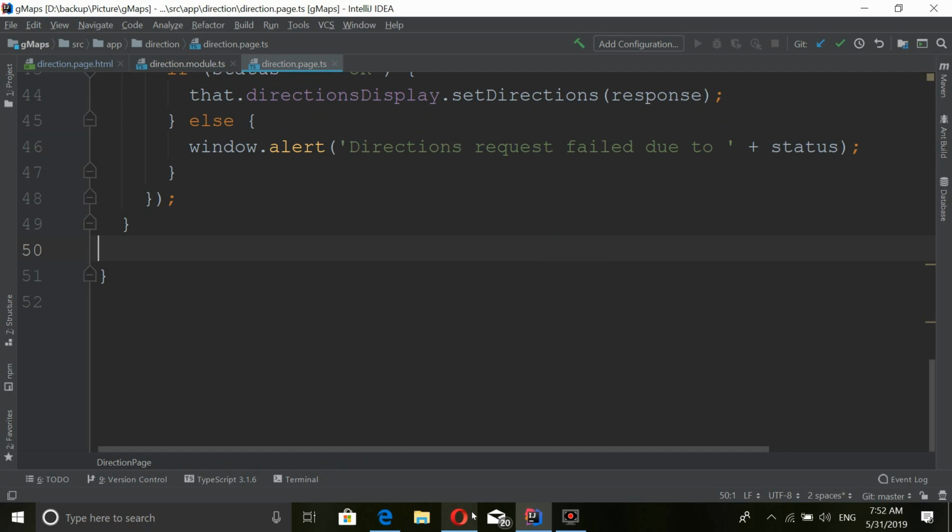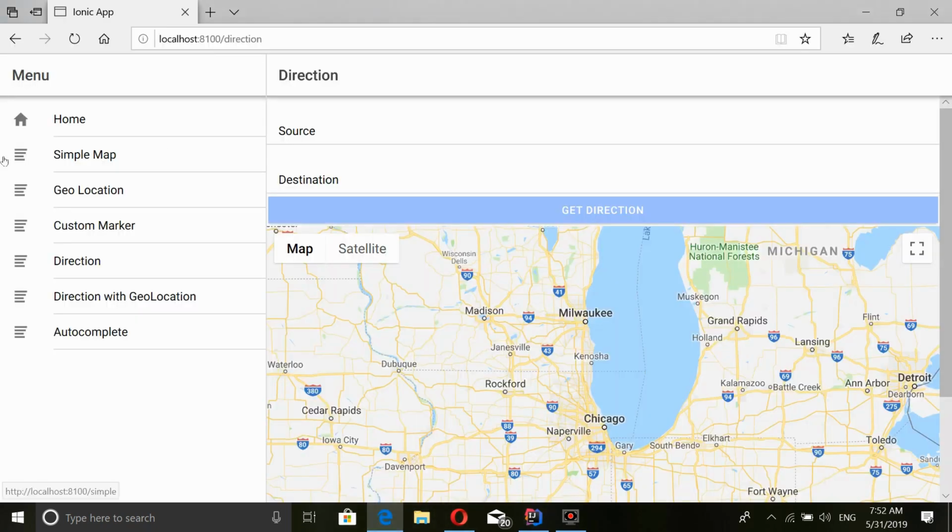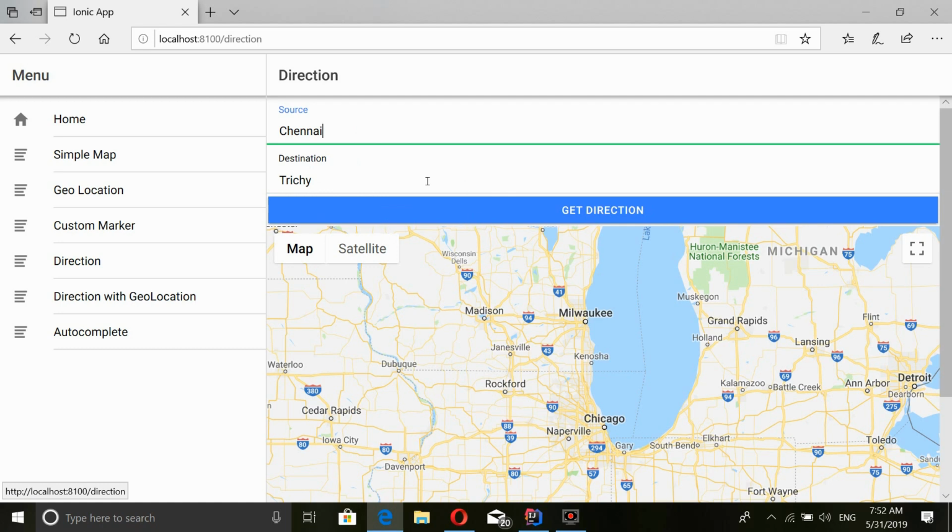Next, once again let's go to our demo. This is our direction service. First of all, I need to give my source. Next one is the destination. See here, now the get direction button is enabled because I am using some validations here.